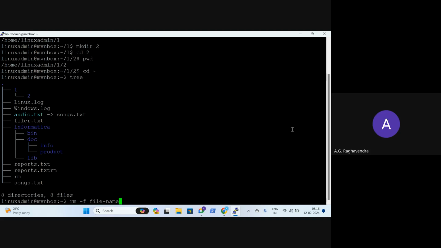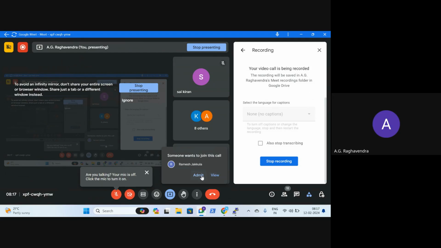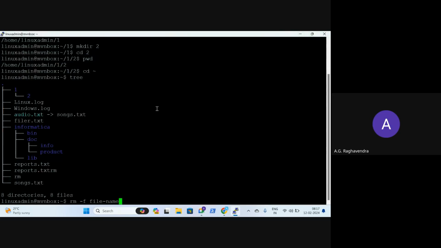If you want to delete a single file, it is rm space -f space file name.